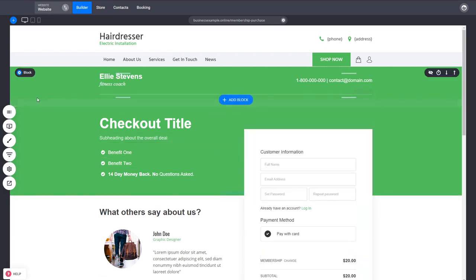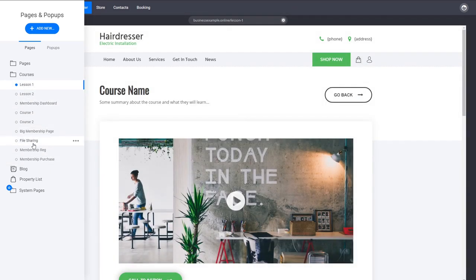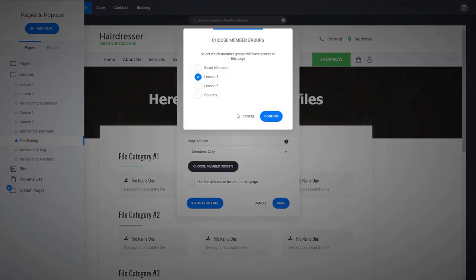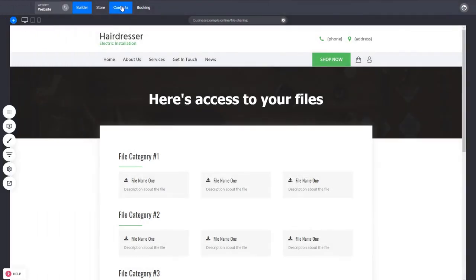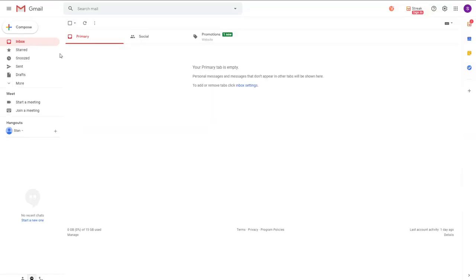So yeah, this is how simple it was to create our membership content in different formats: for file sharing, for dashboards, however you want to organize your secured content, how to restrict access from the settings and make it members only, how to create your membership groups in the CRM to assign people to those different groups, and how to have people sign up either via form or by setting up a product with a membership. So this was it. Actually, before we go, we have here opened our